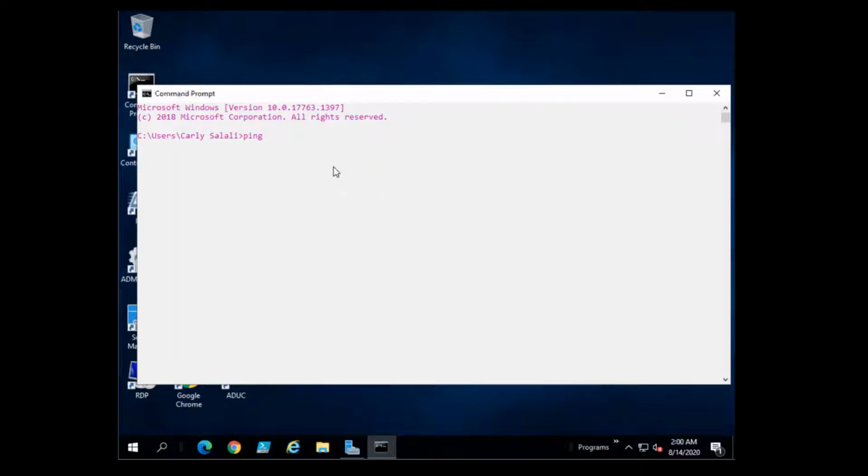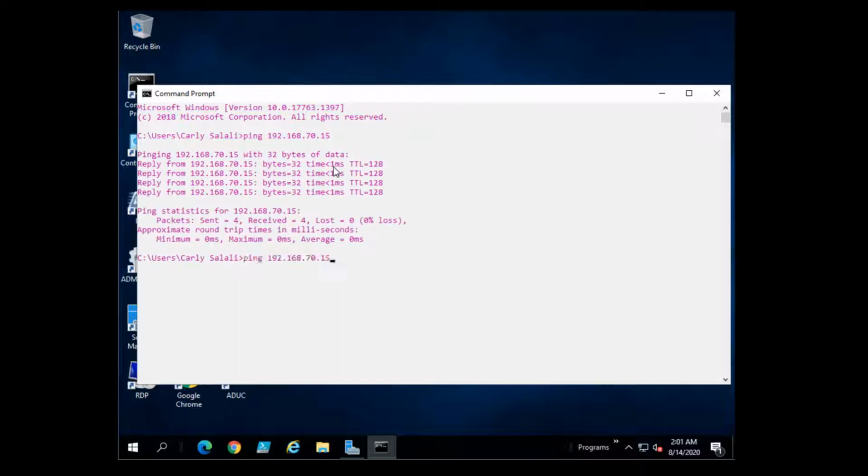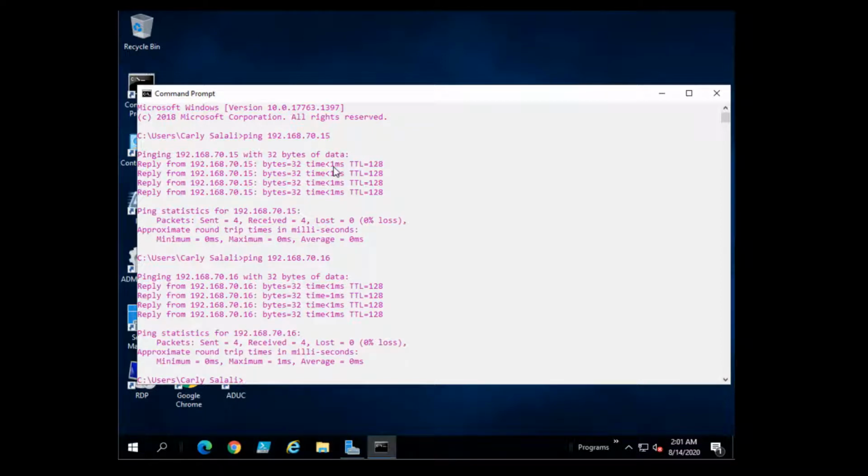And remember, 192.168.70.15 was our first domain controller. And 16 was our second domain controller. Okay. So that's good, but